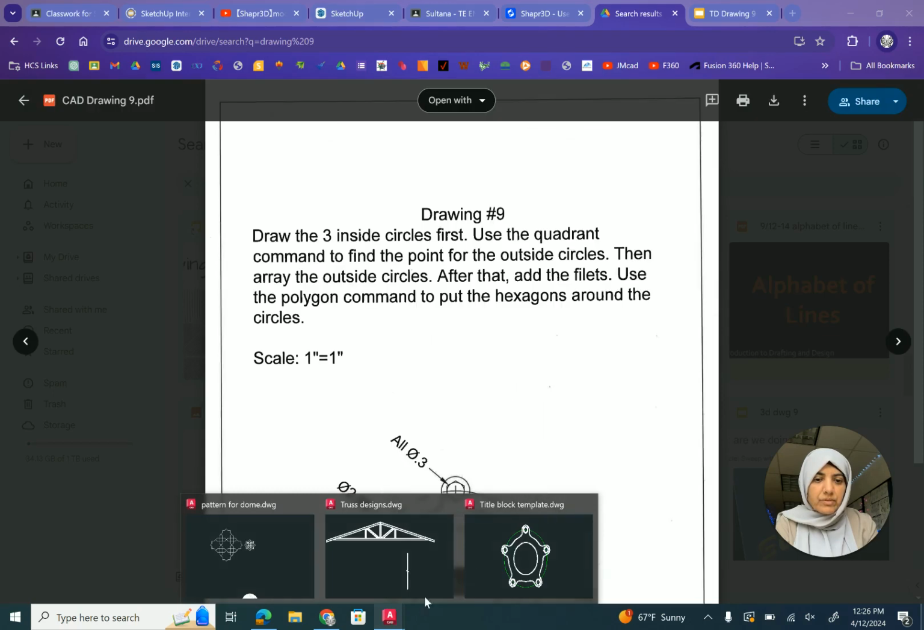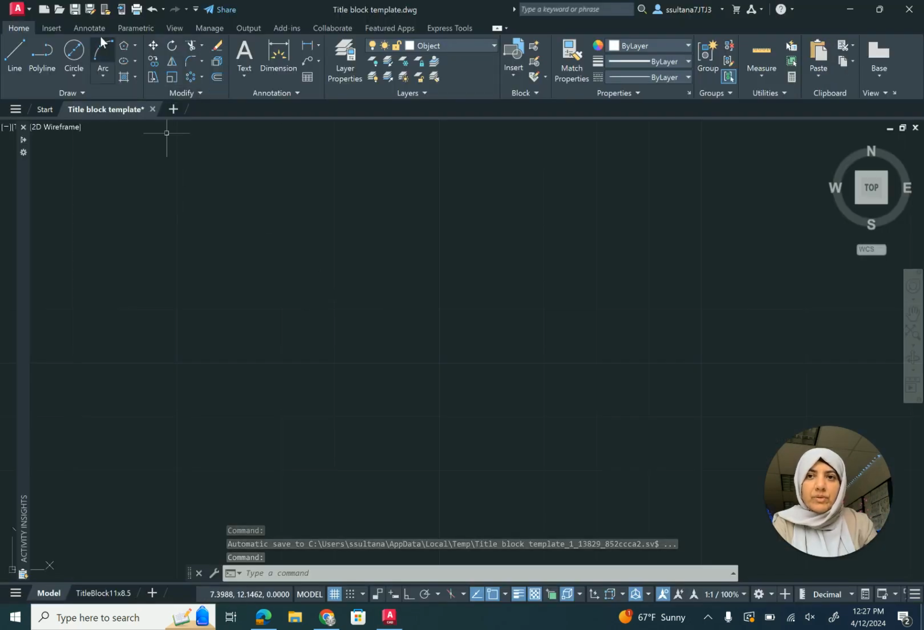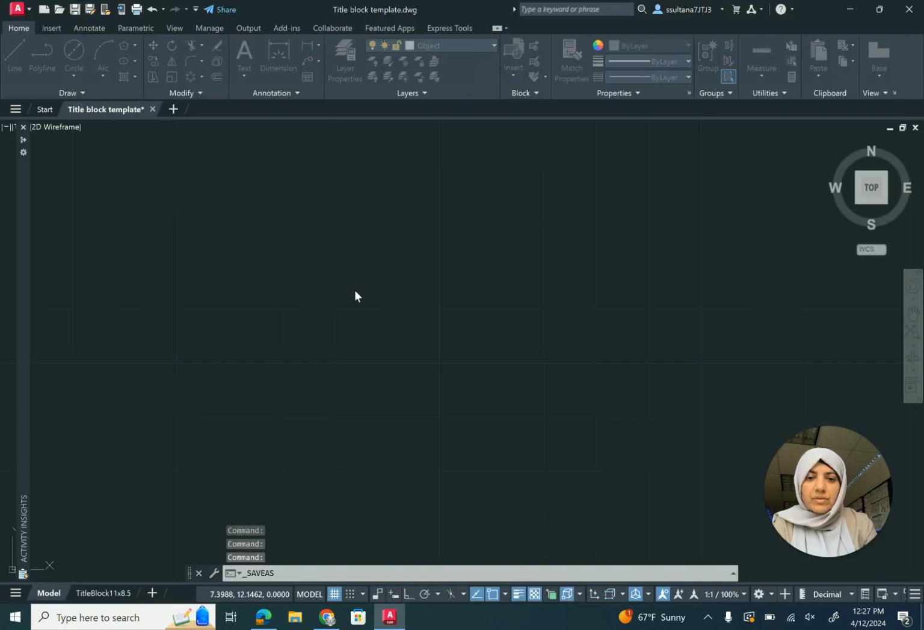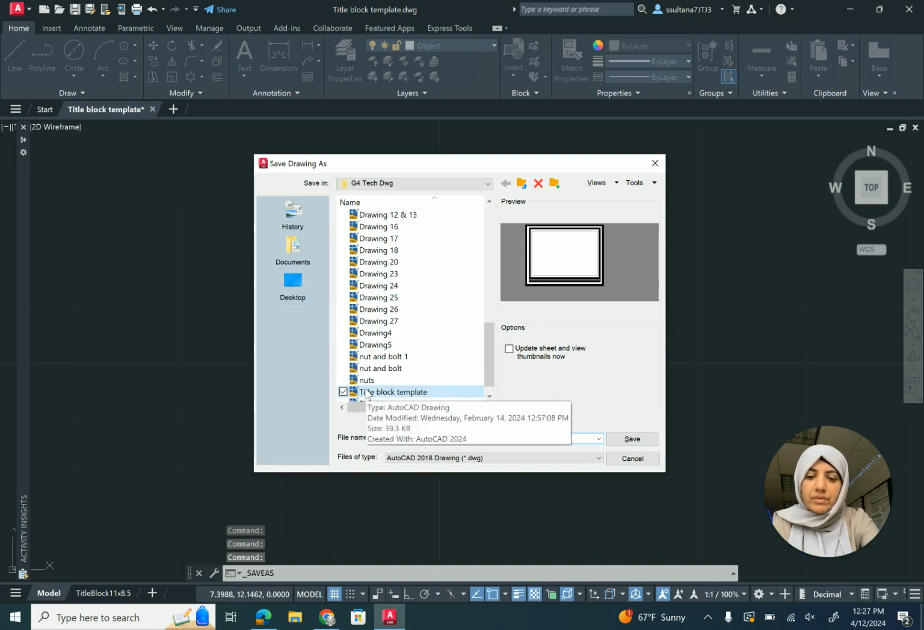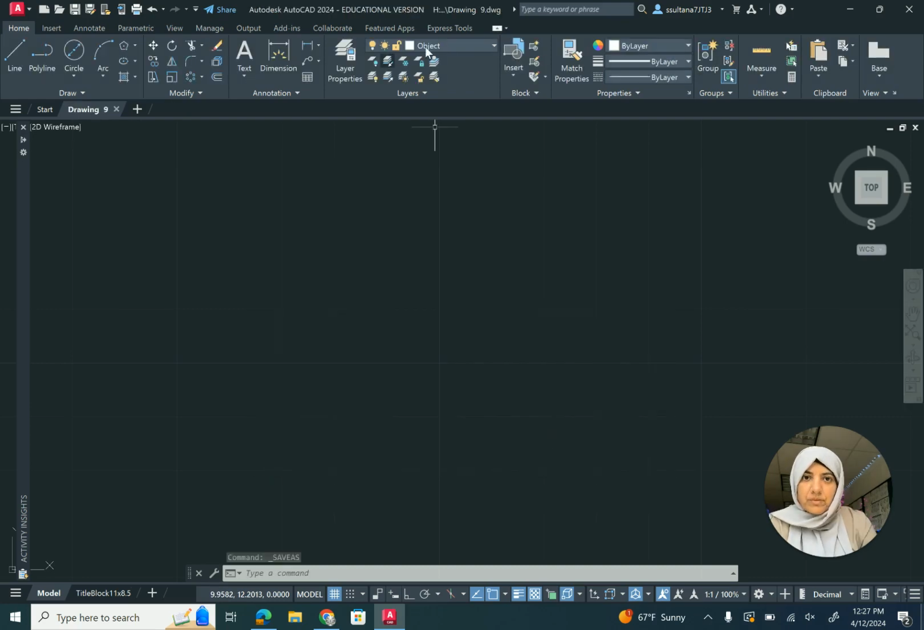So let's get started. Open your title block template and save as Drawing 9. So I'm going to draw that in object layer. So click on the circle center diameter because diameter is given,